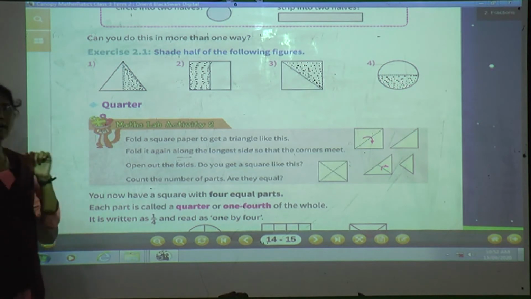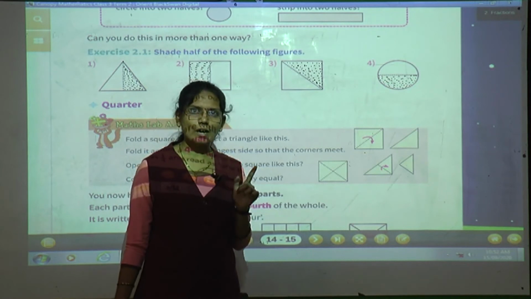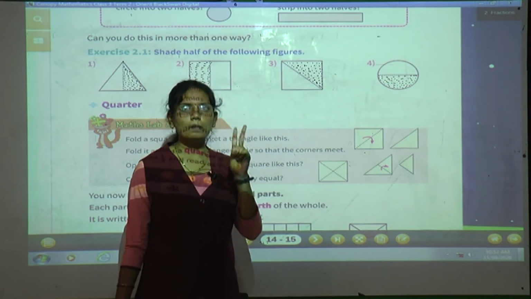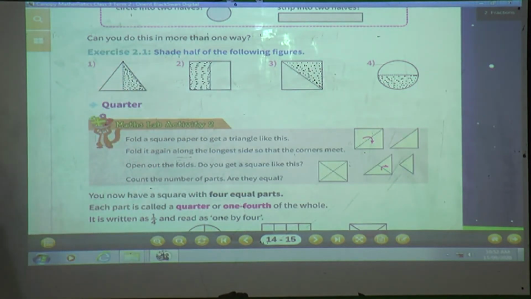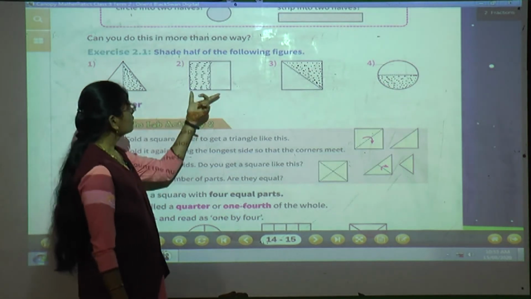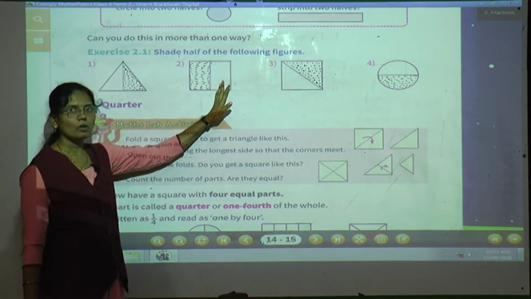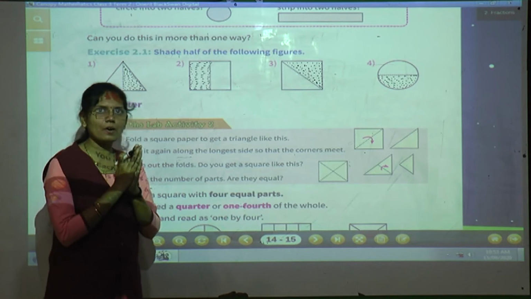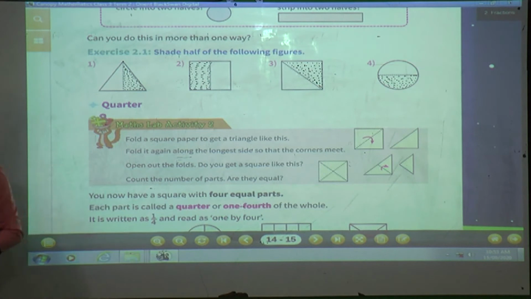Yes. So what is meant by half? What is the definition of half? When something is divided into two equal parts. The word equal is very important in this sentence. When something is divided into two equal parts, each part is called half. Now see this second figure. This is a square. This square they have divided into two equal parts in this way. From the center if we fold this paper, then we get the part like this, and each part is called half. Similarly, see the third and fourth diagrams also.